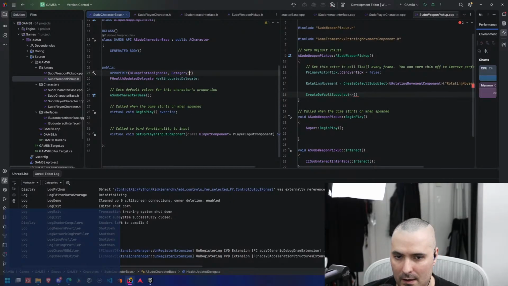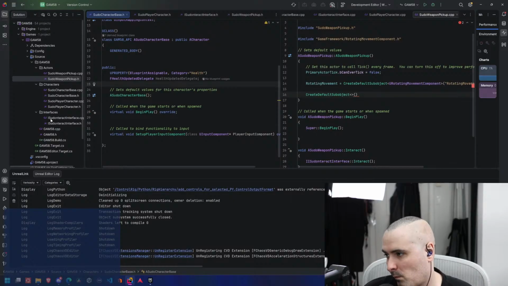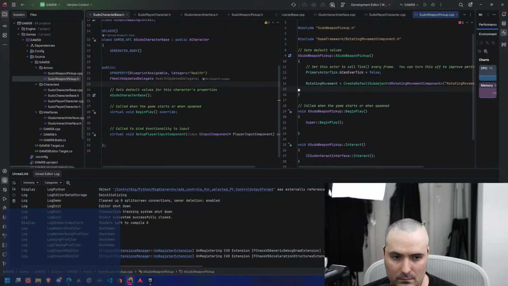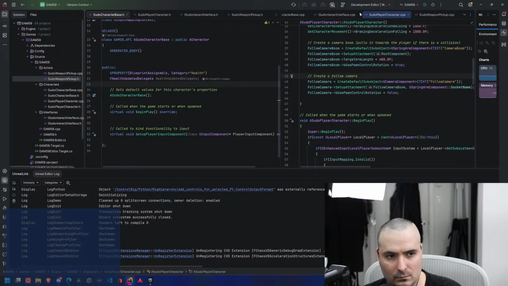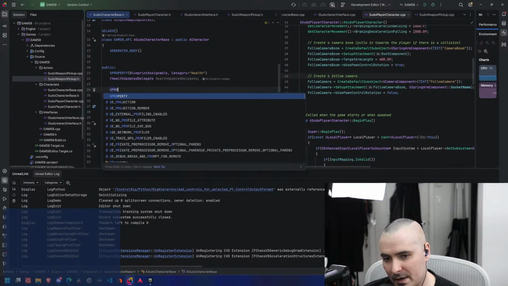Category Health. Then we need a couple more properties here.